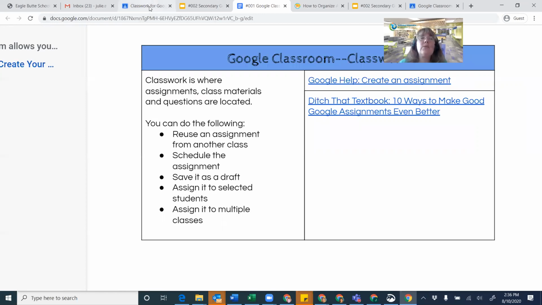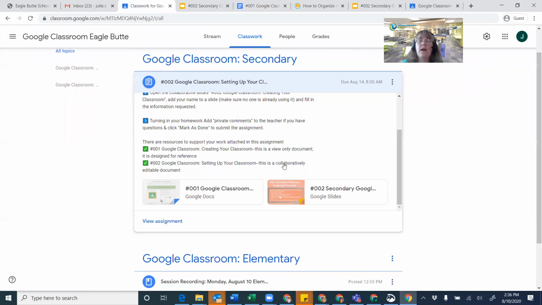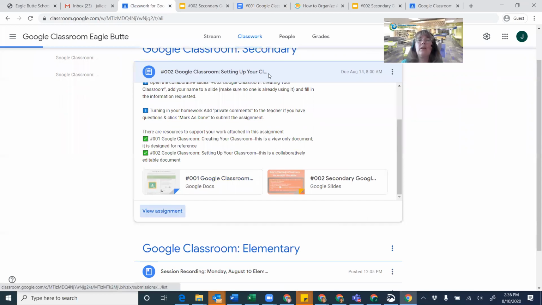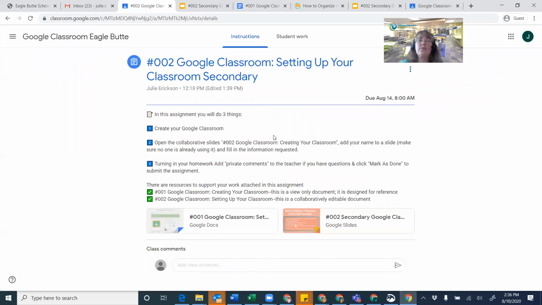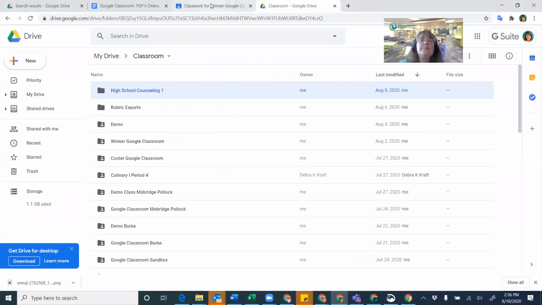Because you're going to see when we look at this assignment, when I'm looking at it, if I look at the instructions, it shows me the instructions and everything is kind of all in one spot. So if I pop over to me as a student in another class,